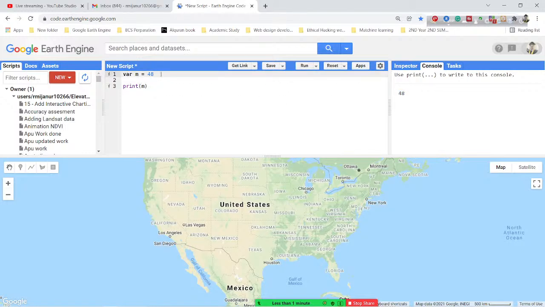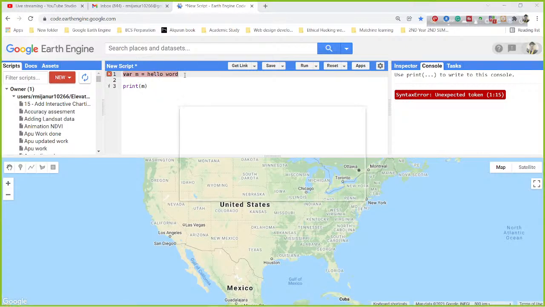But when you want to print a string, suppose you want the string hello world, you can get a syntax error, because hello world is a group of characters. Suppose H is one character, E is one character, L is one character, L is one character. So when you define a group of characters, it's called a